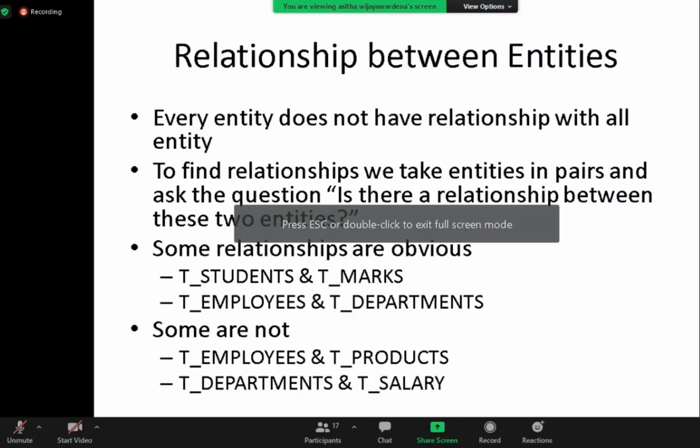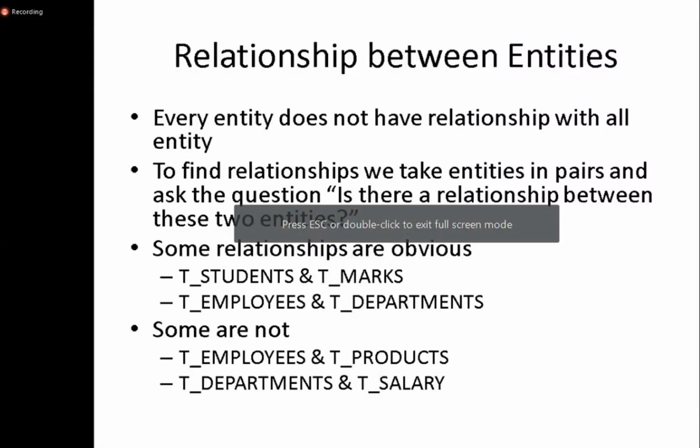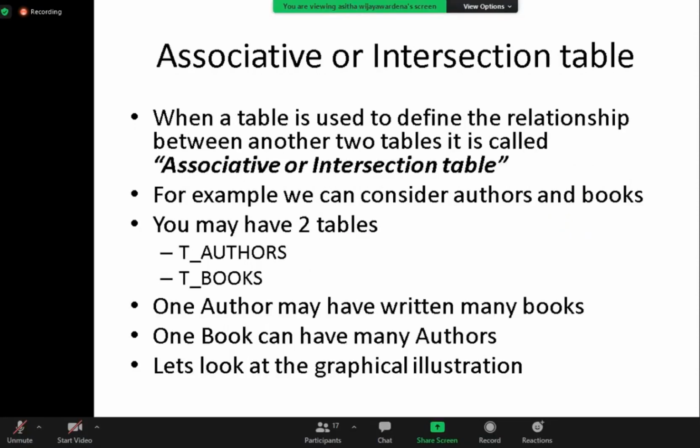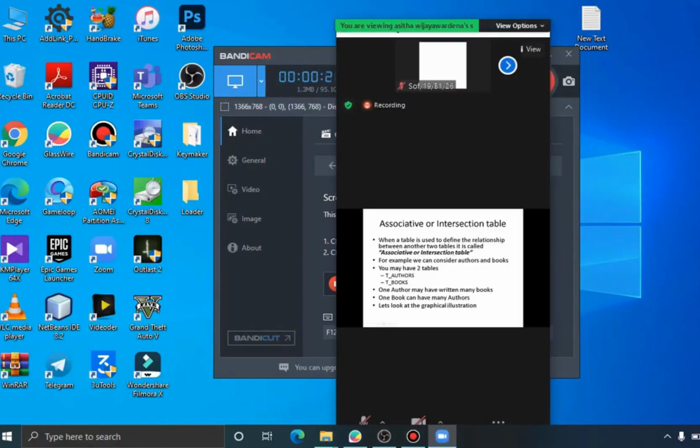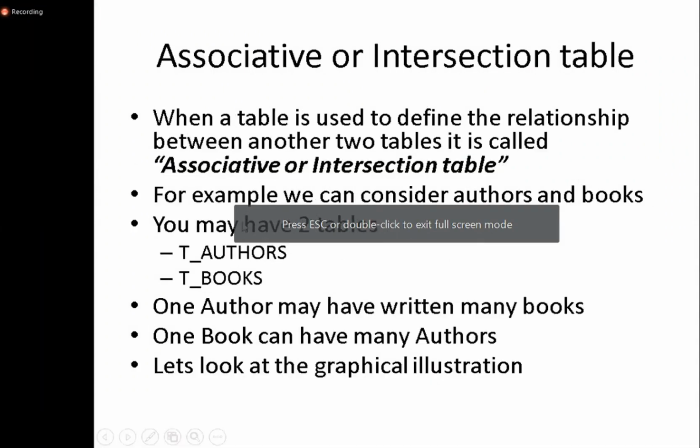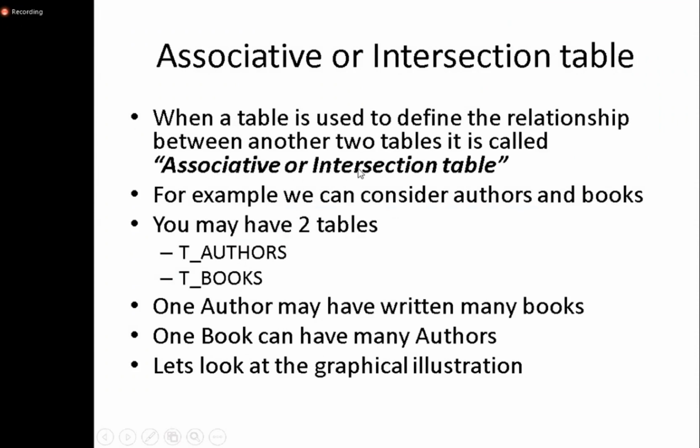So we may do requirement gathering when we want to properly implement a database. Then after, if you find some unseen relationships, we may come up with an associative or intersection table. For example, you may have two tables called authors and books, but you may not be able to store